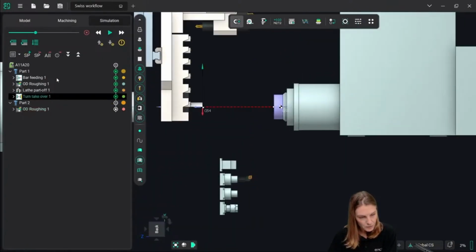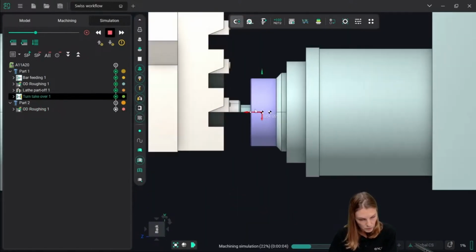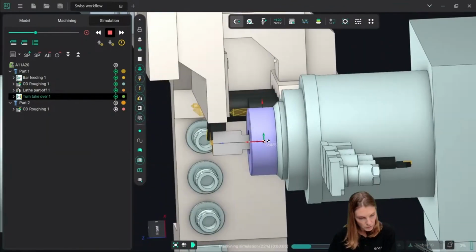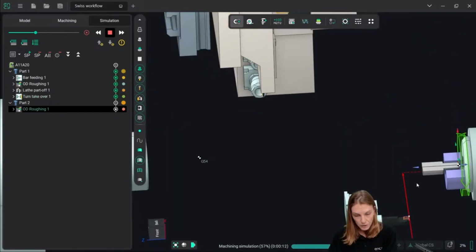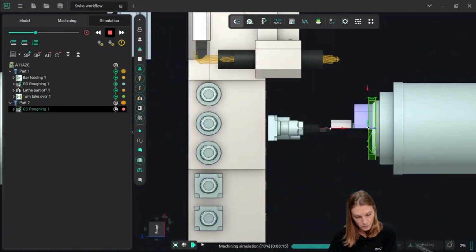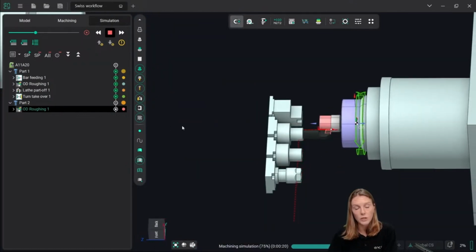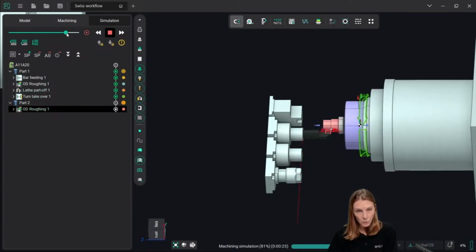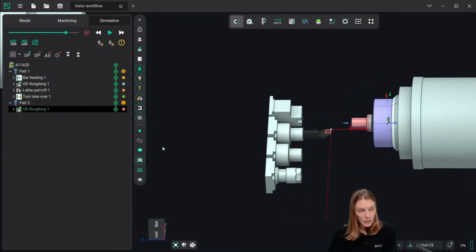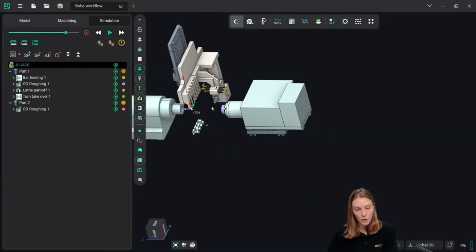Okay, so we're gonna move the part, and let me show you the last operation. So why we're doing all of this is because besides the really cutting operations in ENCY, we need to program also the additional operations like cutoff, turn takeover. And now we have done the simple steps in the consecutive mode. It means that we did step by step all the machining operations, and in the simulation we also have seen